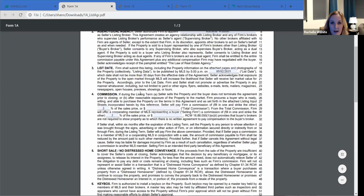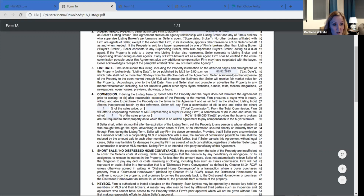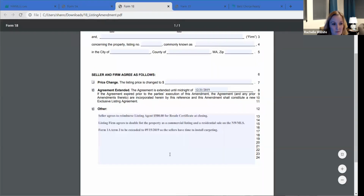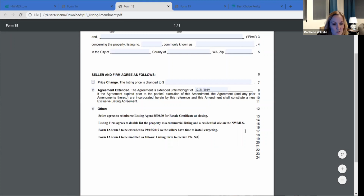Let's say that we change our mind and we want to do less commission. Again, if you're going to do less commission and we're making that adjustment, it would be better not to do it here. It'd be better to do it on the Form 18. So in that case, you would reference that section that you are changing, Form 1A, Term 4, to be modified as follows. Listing firm to receive 2%, period. Selling office firm to receive,